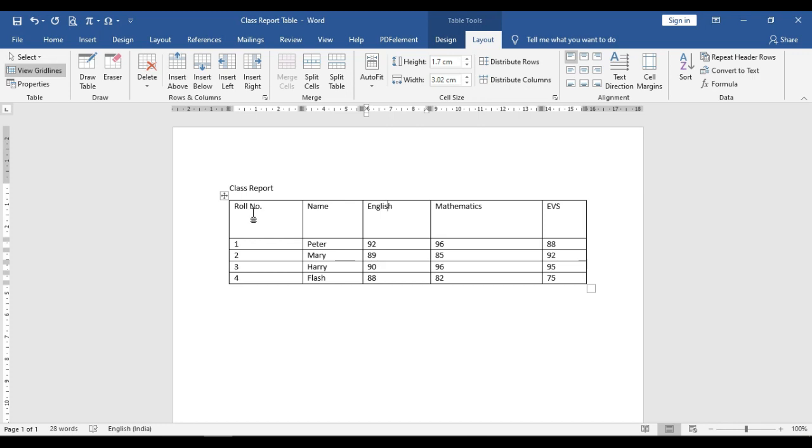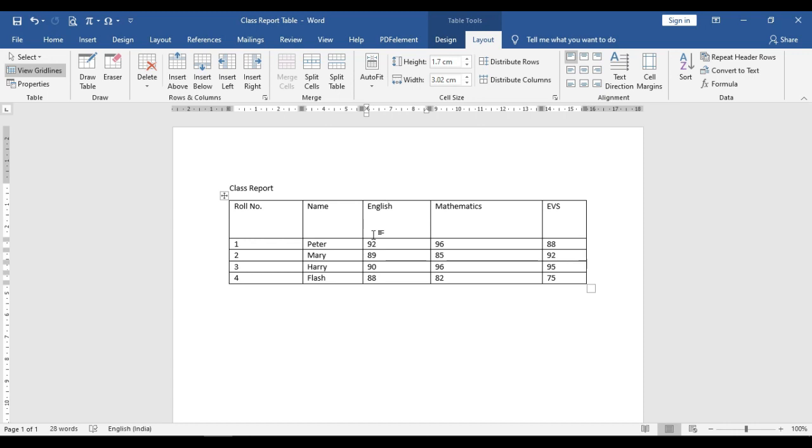Like that, this option also distributes the table within the page width. The next one is fixed column width. Here you can define a fixed column width for a cell. So whenever you write here, the text will wrap automatically and come to the next line.